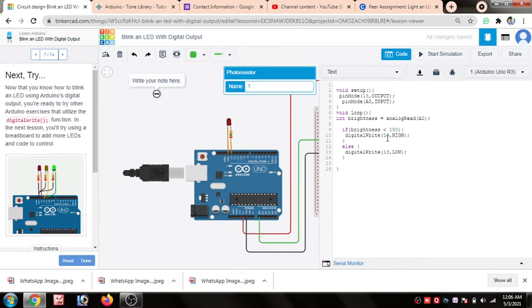Did you notice why I have mentioned brightness is less than 150? This is our criterion, don't confuse it. You can change 150 to 50 also. It depends on the intensity of the surrounding. I have taken a certain criterion that at a particular brightness of the room, the LED starts glowing. You can change it and see.